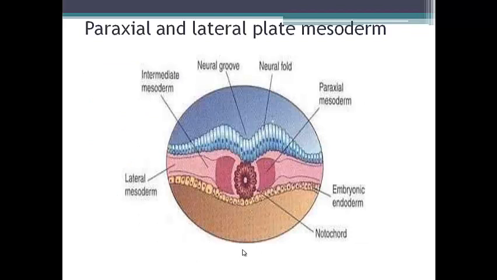So this is a cross section. Like I said, anything in blue is the ectoderm, anything in yellow is the endoderm, anything in pink or red is the mesoderm. In the middle here, we've got the notochord. Notice how you have a well-defined mass of mesoderm on either side of the notochord. That is called the paraxial mesoderm. Right next to the paraxial mesoderm, even though there's no specific line here that you can see, you have the intermediate mesoderm. And then at the sides here, where it starts to flatten out, this is called the lateral mesoderm.